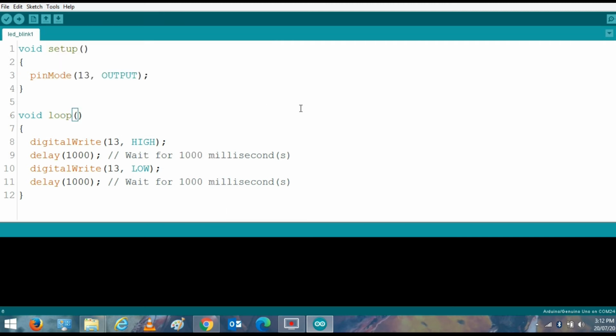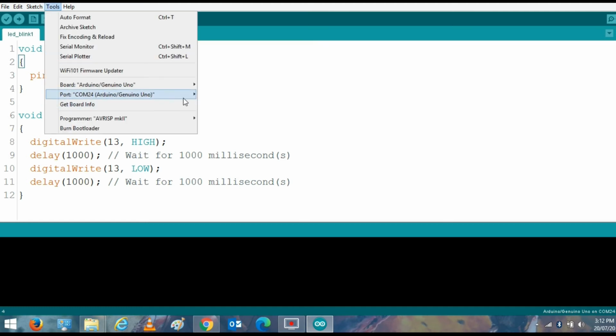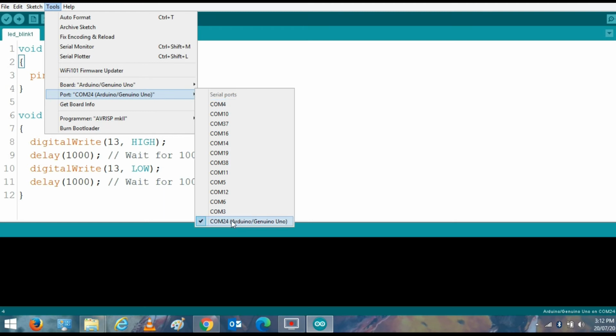Okay, so for that I'm connecting my Arduino, and then when I go to Tools and Port, you can see with COM24 I got the Arduino Uno name with it.